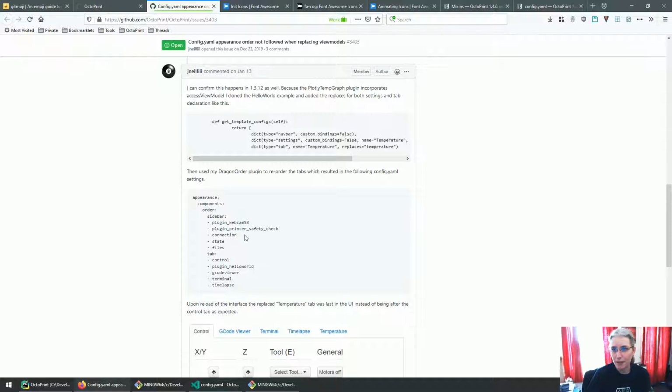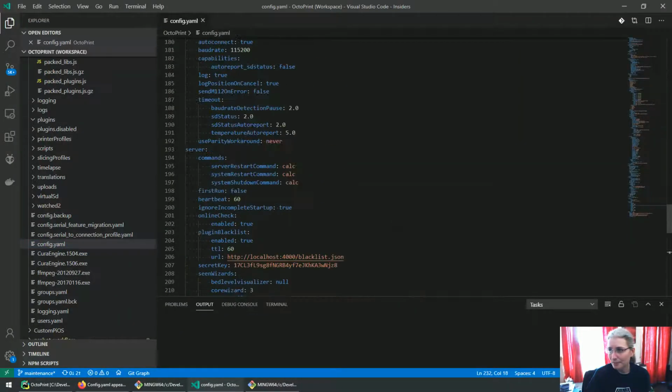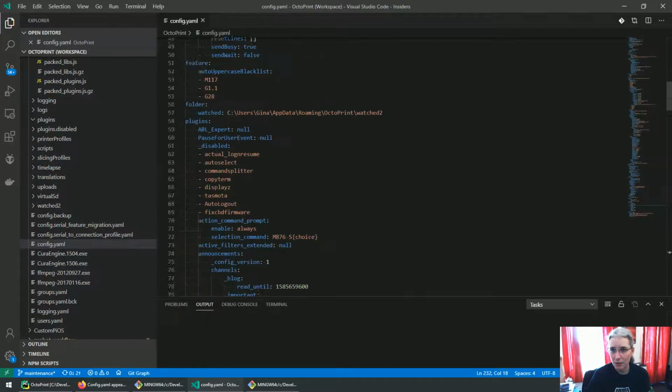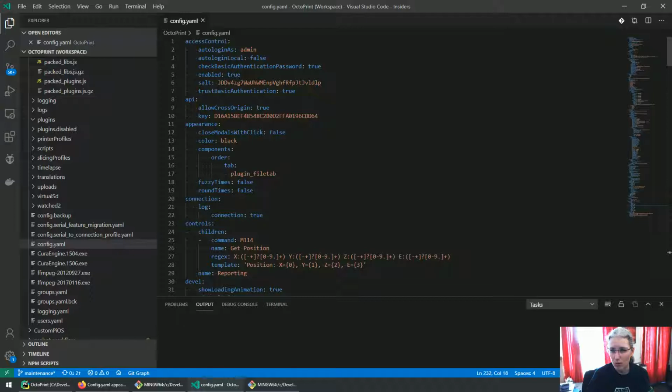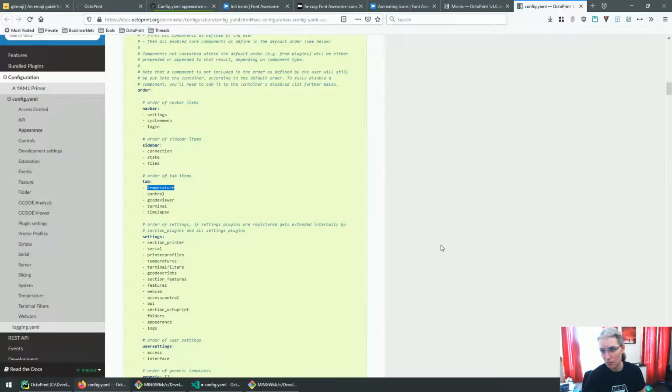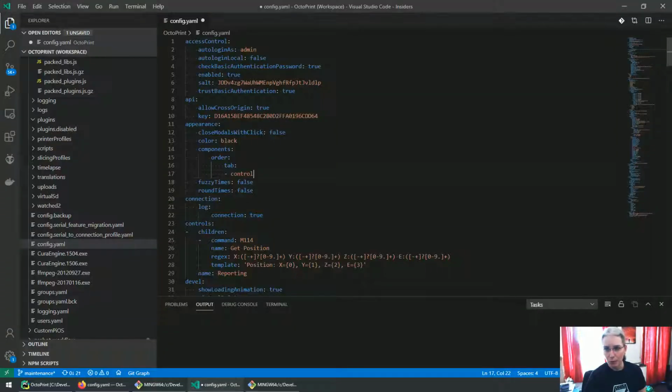The identifier of that thing is plugin underscore and then our plugin identifier. So plugin underscore tab replacement test, I think. So we are going to take a look into config YAML, because this is stuff that can currently only be configured through that. And we're going to go into, where was it? Appearance, I think. Yeah, appearance order. And then we want to have control, or was it controls? Control. So first control,